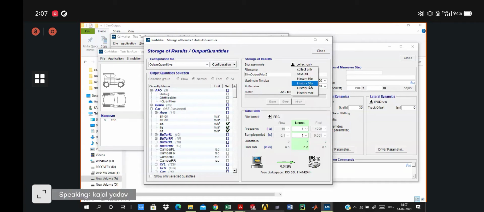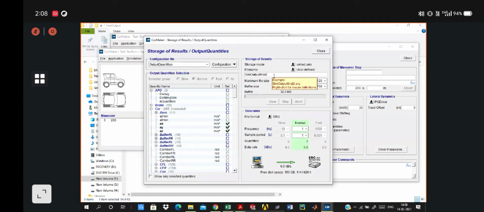Then the file name: you can copy and paste the address of your folder. Suppose I have to save my result file in this particular folder.